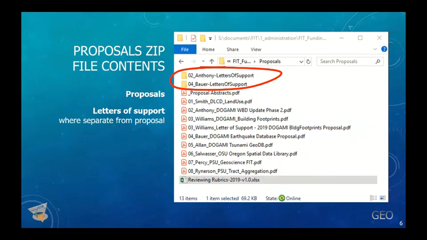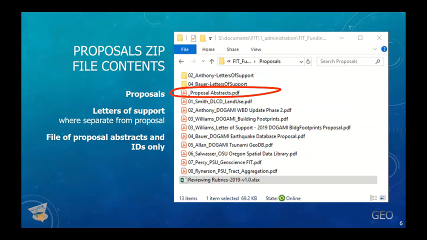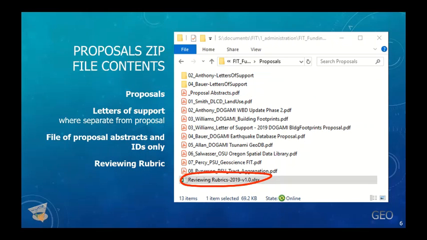There are also letters of support that were not included within the proposals, and those are stored separately. You'll also find a file of just the proposal abstracts and identification for each of the proposals. And lastly, you'll find the reviewing rubric itself.